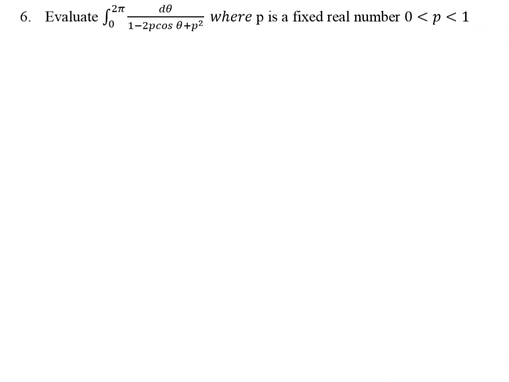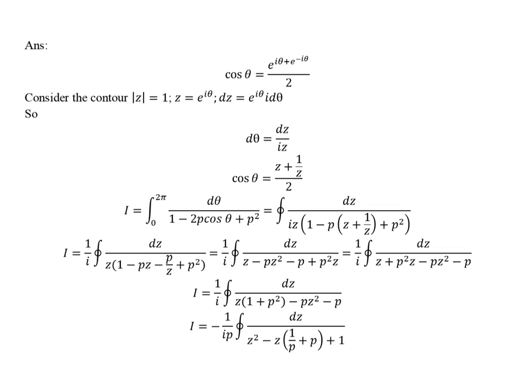Problem number 6. Evaluate the integral from 0 to 2 pi of d theta by 1 minus 2p cos theta plus p square. Here a condition is given that p is a fixed real number between 0 and 1. Let us take cos theta equal to e raised to i theta plus e raised to minus i theta by 2. In order to do this problem, consider a contour mod z equal to 1, which is a